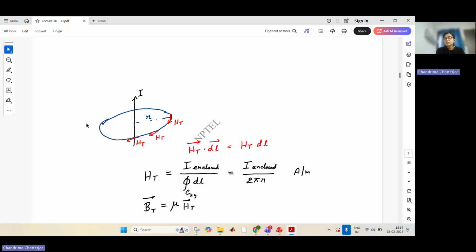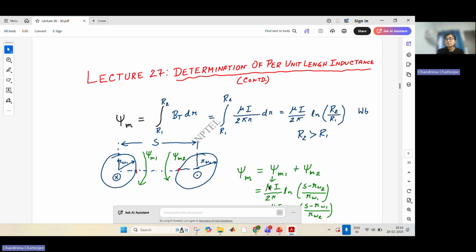So if you are taking the whole cross section, then the total current enclosed is I, the current that is flowing. Ampere per meter is the unit. And what is B? B is nothing but mu H, right? So if you multiply mu with this, you will get B. That's what is written here, mu I by 2 pi r. This is B, and then dr. We are integrating this. The range is from R1 to R2. R1, R2 may be some two different distances. So this is the